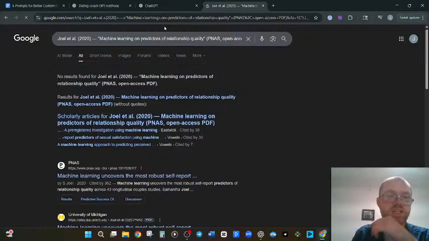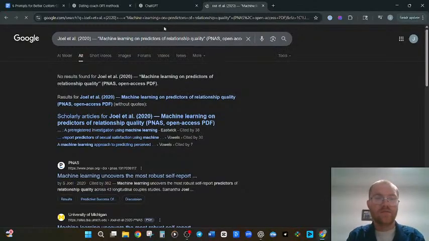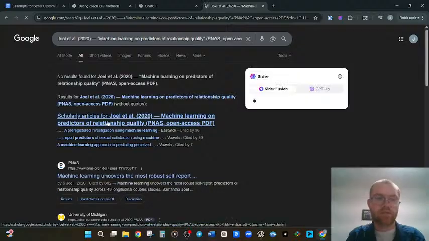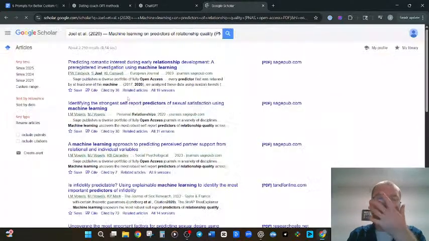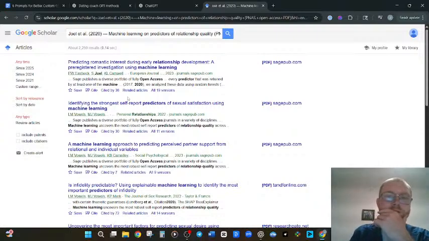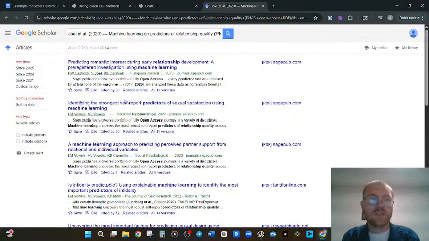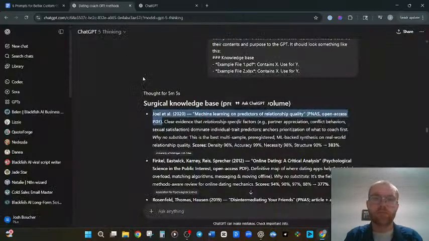Just see if we can find... Huh. A machine learning approach to predicting perceived partner support from relational individual variables. It doesn't look like this is exactly what we're looking for.